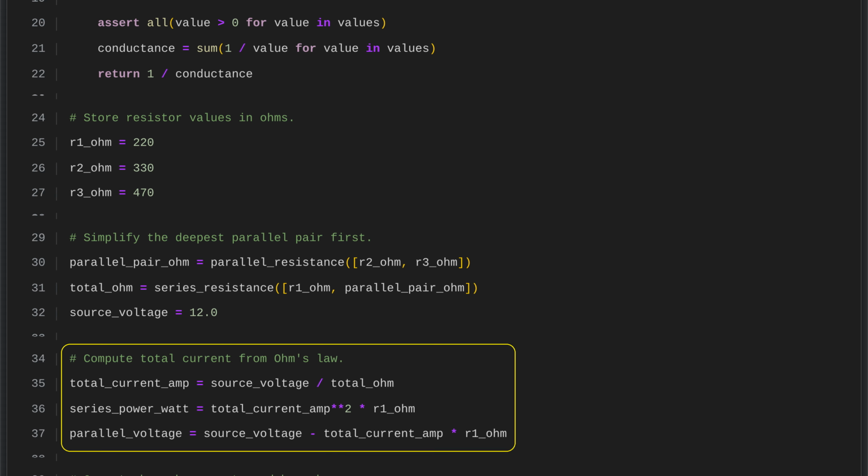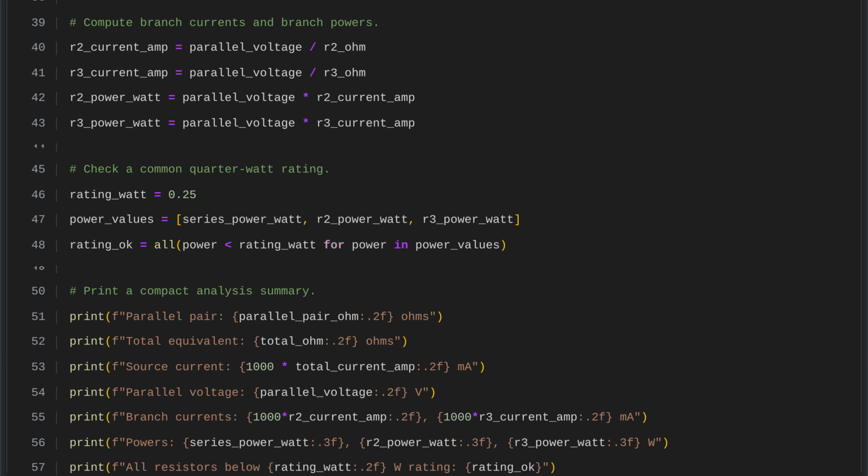Then calculate the power in the series resistor by multiplying its resistance by the square of the total current. Finally, find the voltage across the parallel resistors by subtracting the series resistor's voltage drop from the source voltage. To analyze the parallel branches, divide the shared parallel voltage by each resistor's resistance to find the current through resistor 2 and resistor 3. Then find the power dissipated by each resistor by multiplying that same voltage by the current